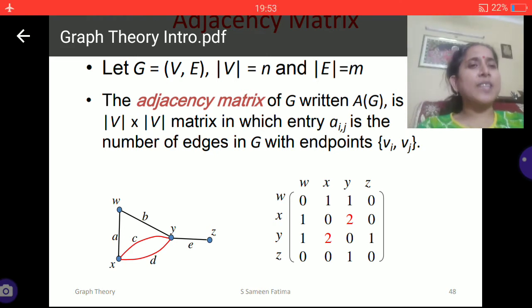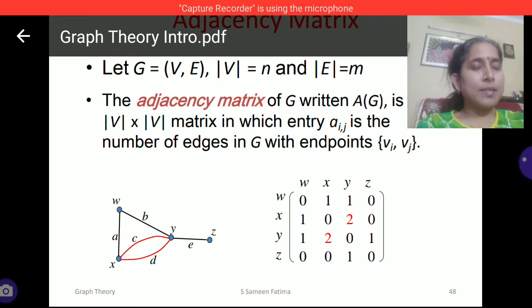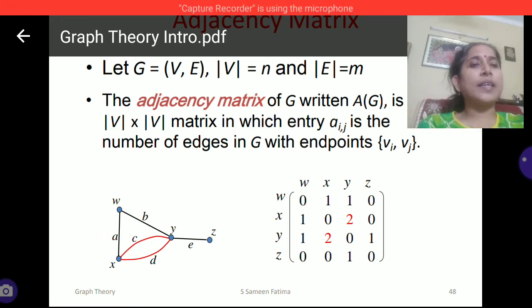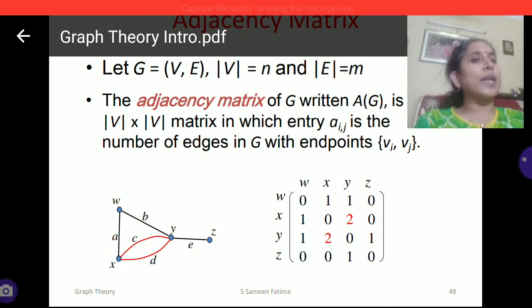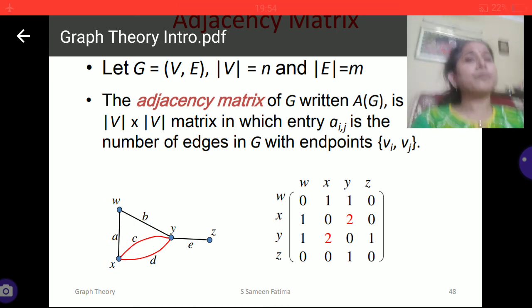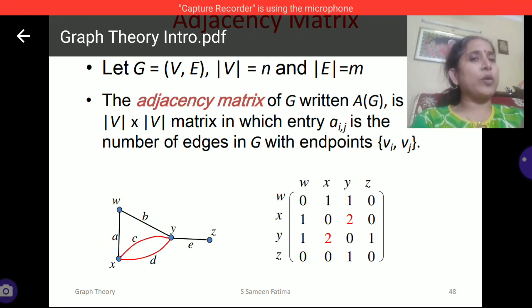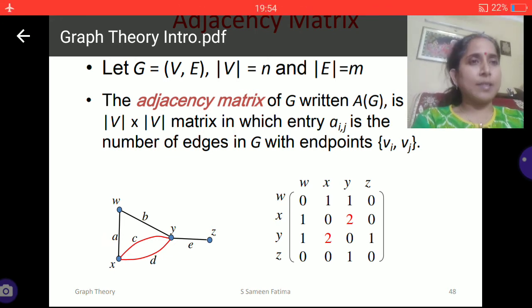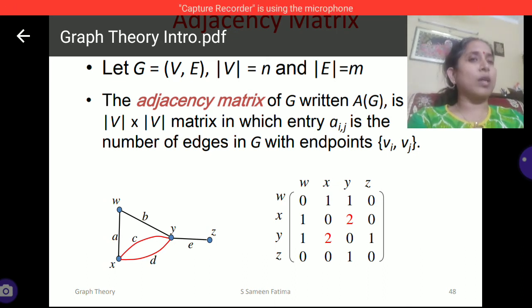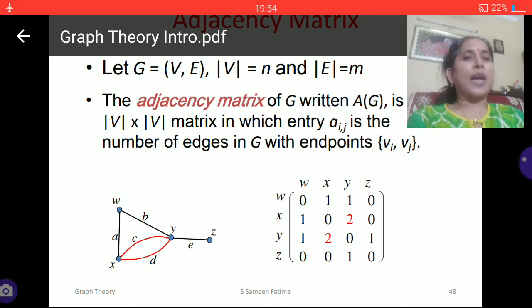When you create such a matrix for a given graph, this is known as the adjacency matrix. This adjacency matrix gives me a clear indication: first, how many vertices are there; second, how many edges are there, and those edges are connecting which vertices. So vice versa can be done. I can give you a graph and ask you to draw an adjacency matrix. I can even give you an adjacency matrix for which you are expected to draw a graph. So girls, you will have to practice both the ways.